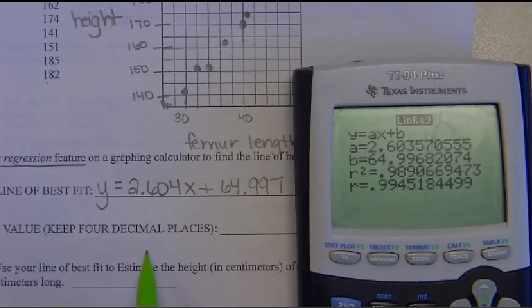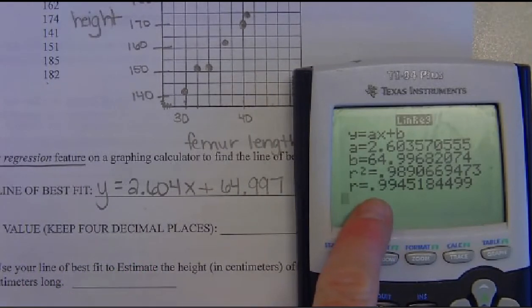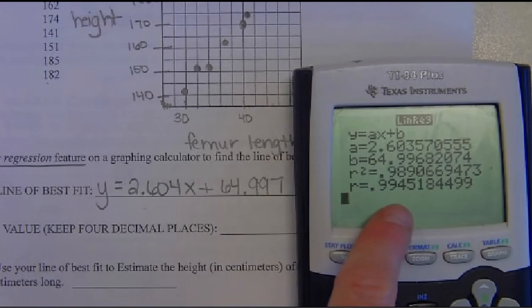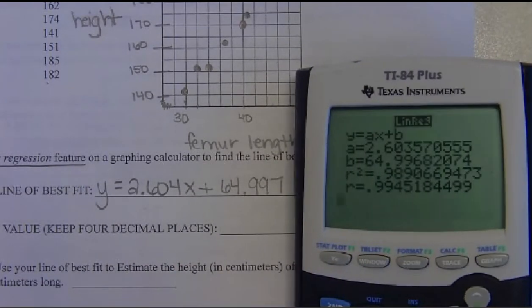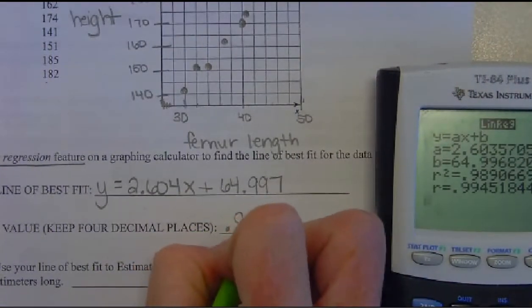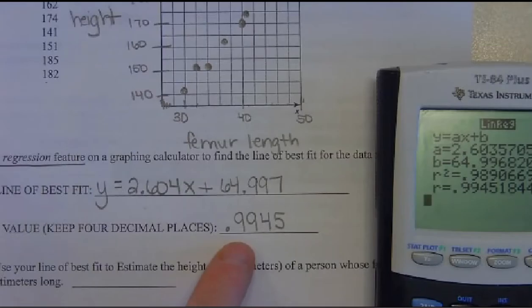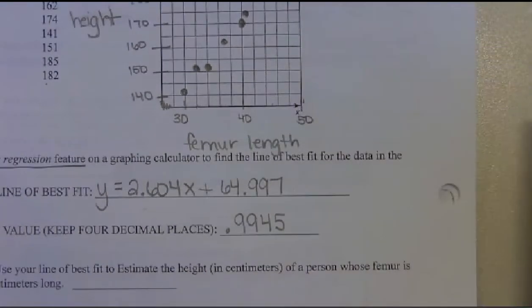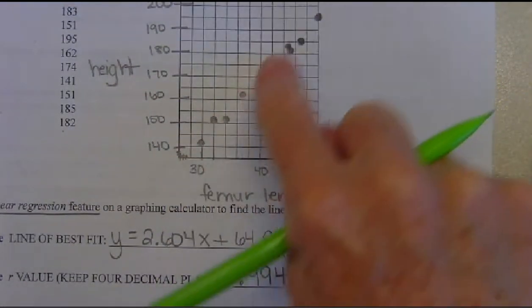The R value is the number way at the bottom here where it says R equals. It is not R squared, it is what R equals. So our R value here is 0.9945. Because this is really close to 1, that means all of my data points almost fall exactly on that line